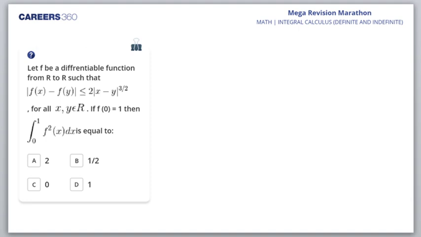Next question is, let f be a differentiable function from R to R such that mod of fx minus fy is less than or equal to 2 mod of x minus y whole raised to power 3 by 2. So go ahead, students, try this question. For all x, y belonging to R, if f0 is 1, then the integral from 0 to 1 of f square x dx is equal to